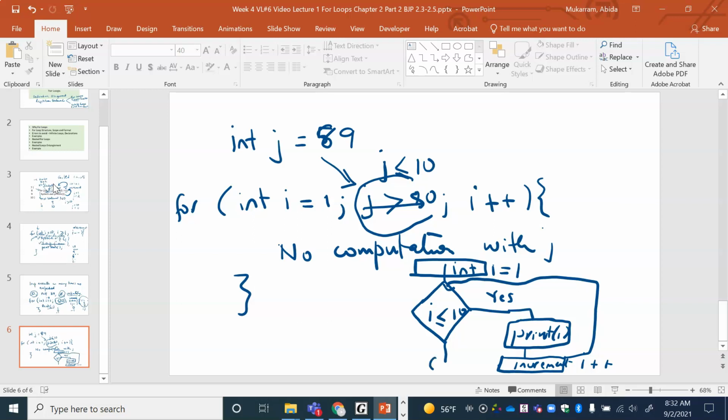And if this test fails, we're going to stop here. So this is how the for loop structure works. Now I'd like to go into the practice set and do some examples. Some of these examples have to do with nested loops, so I would like you to be sure that you